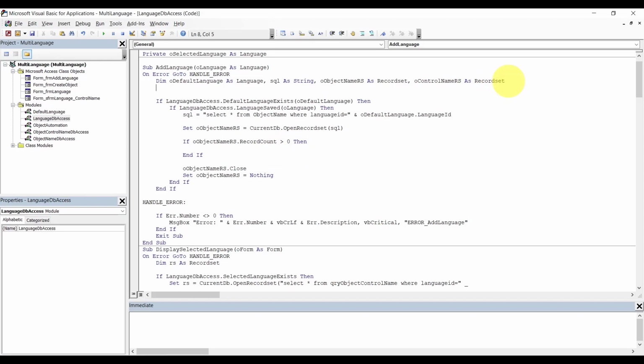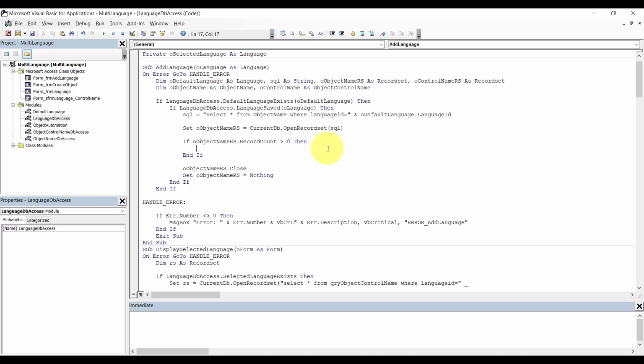We are going to need object name as object name, control name as object control name. So now we can say